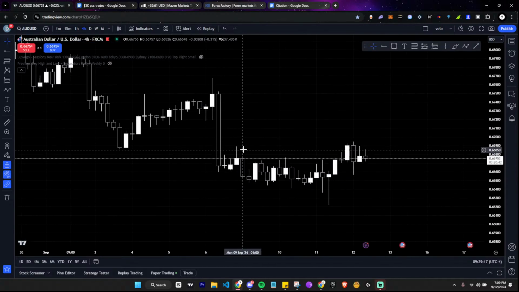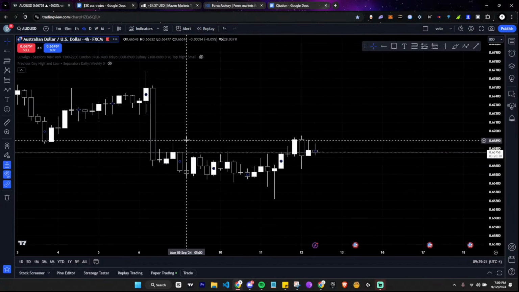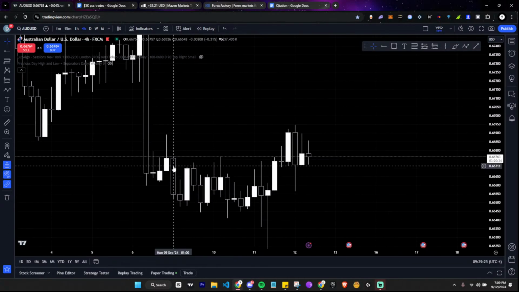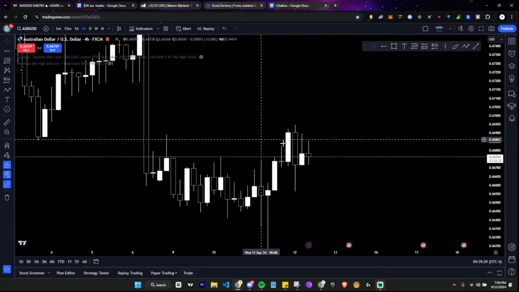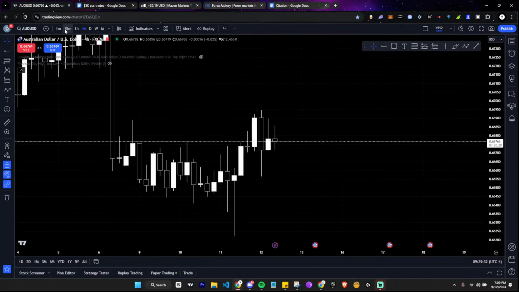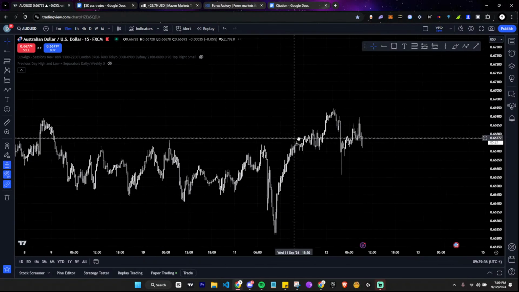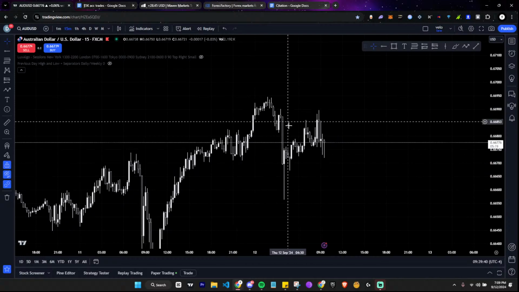The fair value gap has been tapped into. This is a manipulation wick, right? This is a manipulation wick, and obviously this is a point of interest now, because this is essentially a swing high, which basically is a draw on liquidity, right? So it basically draws towards this liquidity, and I saw a market structure shift, so that's why I entered on the 15-minute right here.